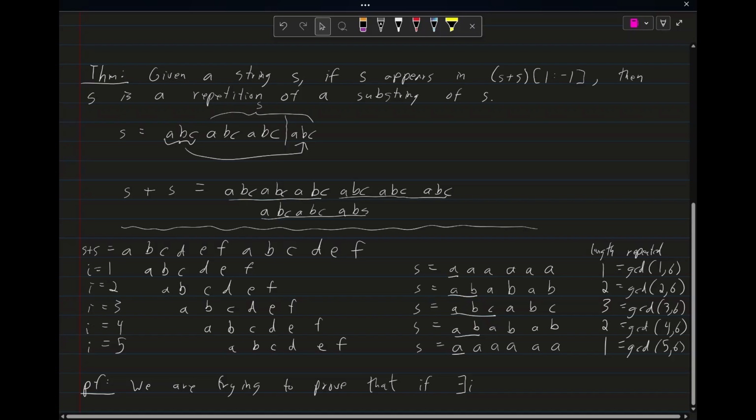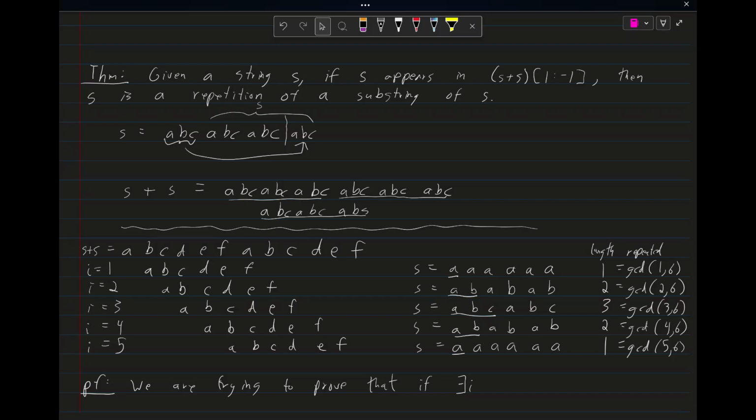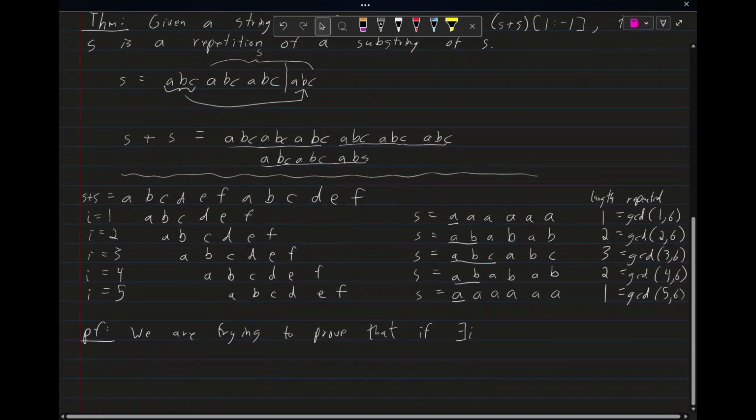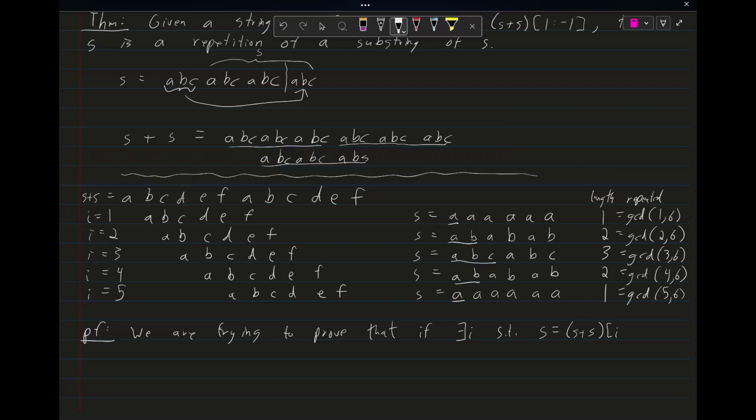Basically, S is equal to S plus S starting at index I, where index I is greater than 0 because you can't start at the beginning, and it's less than the length of S because you can't end at the very end. So more explicitly, that there exists an I such that S is equal to S plus S starting at index I,